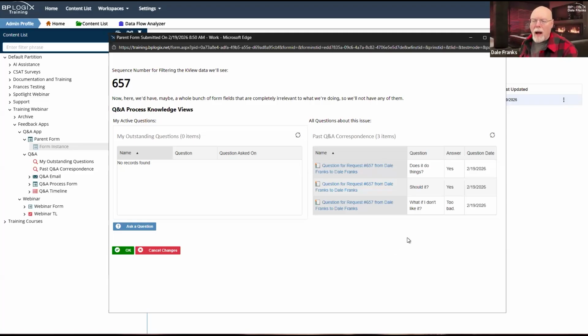So what I want to do to start off with is just cover how this thing is constructed. And then we're going to go ahead and build a feedback app. Now, it won't be the Q&A app. We're going to build a more basic feedback app because we are constrained on time. However, with that in mind, let's look and see how this works.